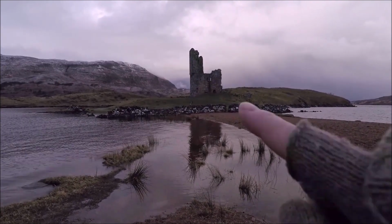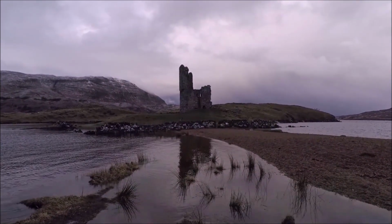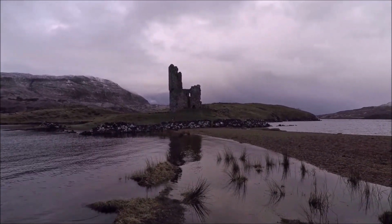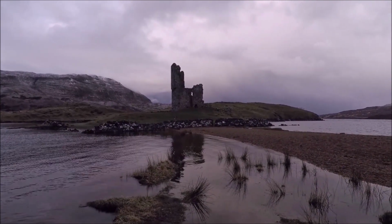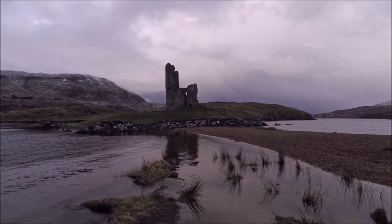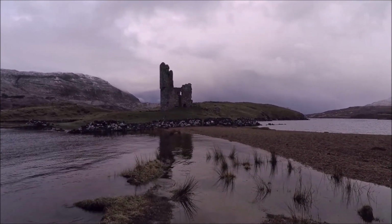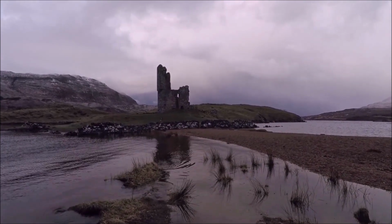The reason I wanted to do this is because these clouds are pretty impressive. They just keep sweeping in. I've also done one here to try and minimise this. I don't know, I don't like it. Now I'm doing a long exposure, not very long, 20 seconds. So I'm getting a bit of motion in these grasses, which I'm not 100% keen on, but I don't like the water as it is, which is a bit odd. I will try a normal exposure because, as I say, those clouds